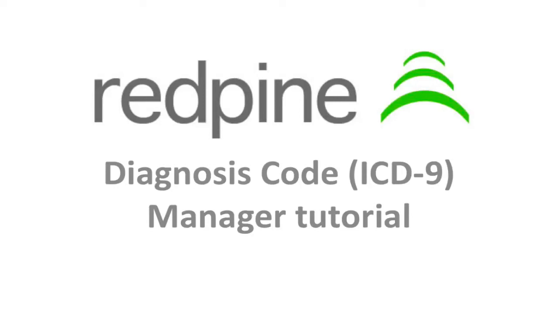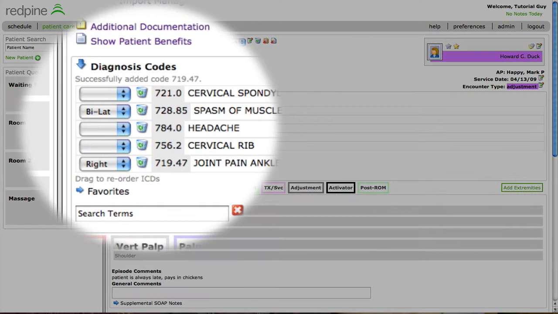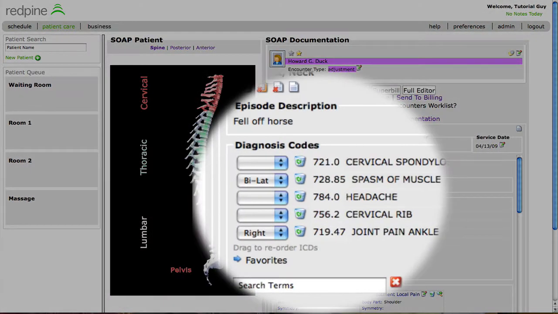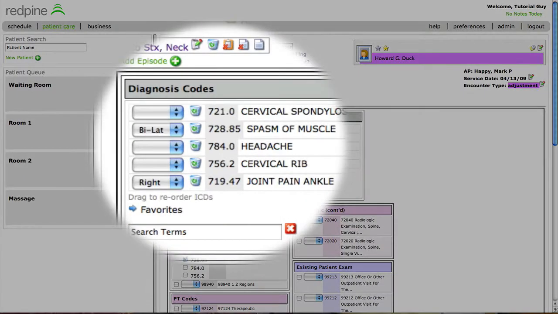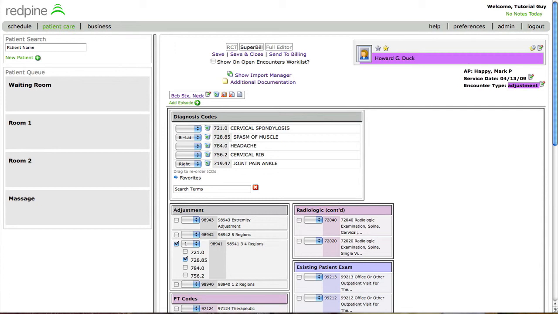This tutorial details the diagnosis code management tool located in all three editors: the RCT screen, full editor, and Superbill. The diagnosis code manager, shown here in the RCT screen, can also be found in the full editor and in the Superbill. These ICD-9 diagnosis codes are selected, ordered in priority for the resulting claim, and can have symmetry also shown,